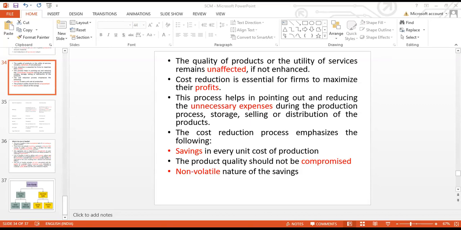Estimation means what? Prediction. Estimation is nothing but prediction of various costs incurred in the business. Yani, if I want to purchase the raw material, at that time I can predict what would be the cost of raw material and how many units we have to purchase. For example, 100 units we have to purchase and 10 rupees is the cost. So 100 into 10 is equal to 1000 is the cost of raw material. So this is my prediction. Then